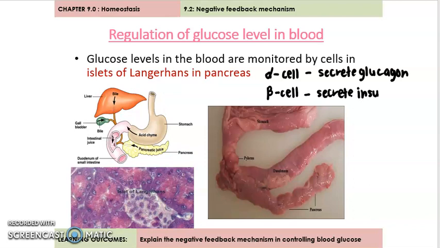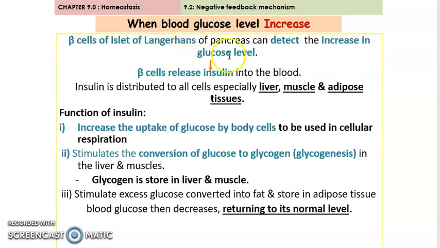For this topic, you have to know how to explain when the blood glucose level is increased in blood and also when the blood glucose level is decreased. So we look at them one by one. First of all, we look at when blood glucose level increases. So when the blood glucose level in blood is increased,